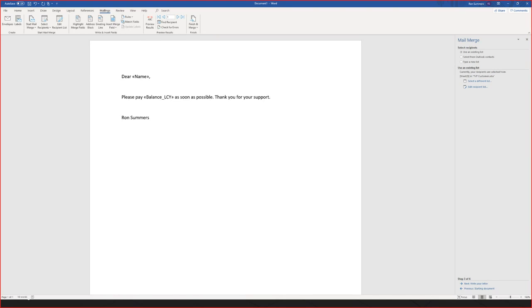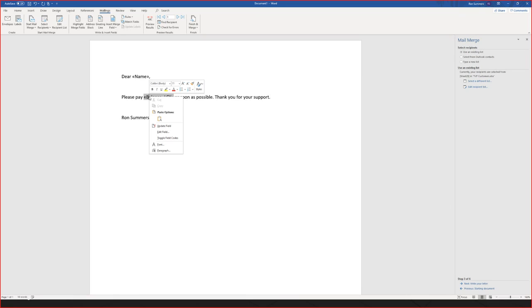Okay, so we have that, and we want to preview the results, so I can hit preview here. I've got those 16 recipients, and I'm going through them all here, but notice this formatting is a little funky. This is where some of the Word functionality comes in; we're just leveraging Word functionality for all this. We used Excel to extract the data, and then we're connecting to the Excel document to leverage off of that. So we're going to go back to the template here, and there's one thing we can do here.